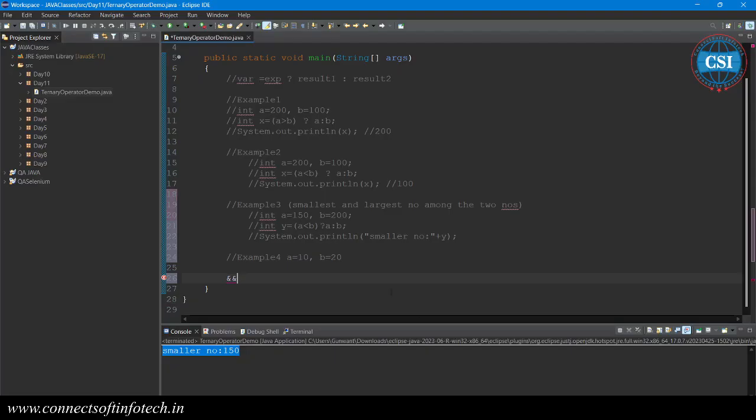I want to check whether A and B are the same or different. Same means if their values are the same, we'll get true. If the two are different, we'll get false. Now we have different values for A and B, so your answer will be false, correct? If A is holding 20 and B is also holding 20,